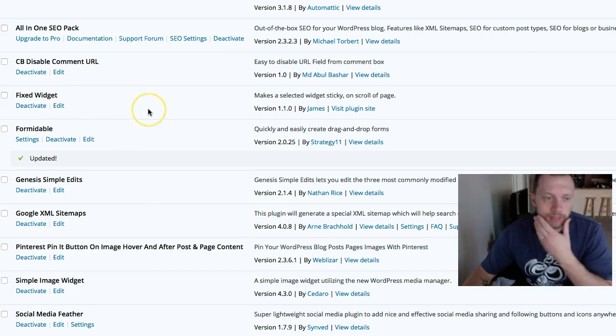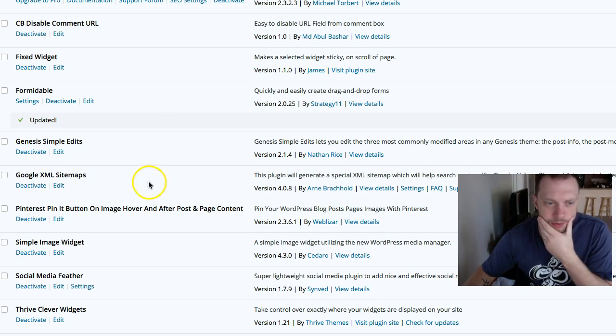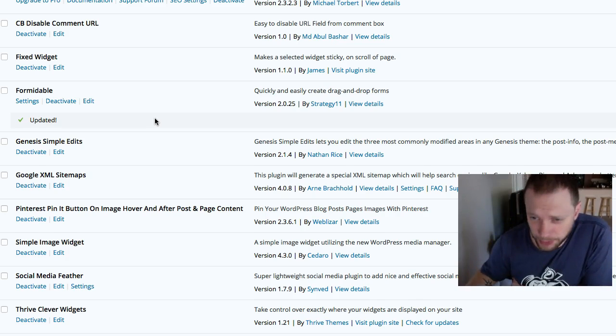Fix Widget. What this does is, actually I have two of these on the site here. But anyway, Fix Widget basically just makes a sticky widget. So when people are scrolling, you can do a little checkbox, and it'll keep that widget in the sidebar, just scrolling with them. So people on laptops and desktops, I like that because I can stick a monetization widget, just have it follow people down, or if it's to my lead magnet, which is what it is right now. It's just a little banner graphic that I put together in Canva, and I have that scroll down